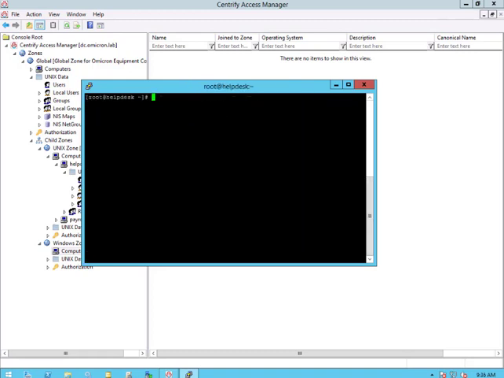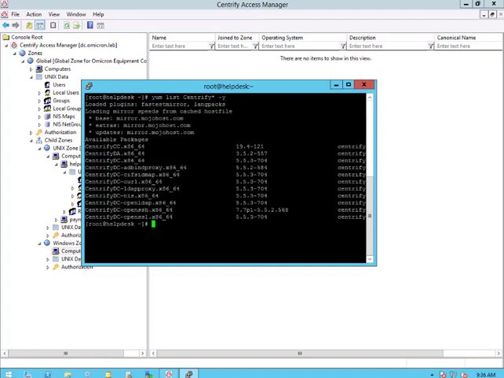I'm going to log in as root once again. And now I can go through the process of identifying my current Centrify status for this particular system by using the yum command list. And I'm going to go ahead and tack on the -y so I don't have to answer any questions. And as you can see here, I currently have available packages that I can download and install. So the one that I'm going to install is the Centrify DC,